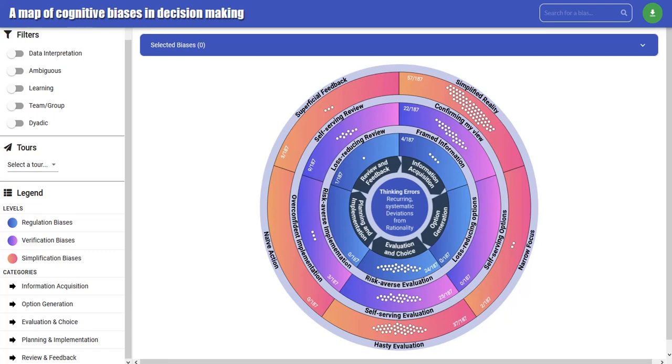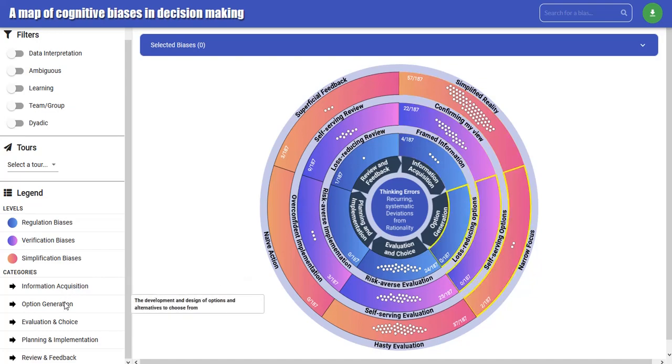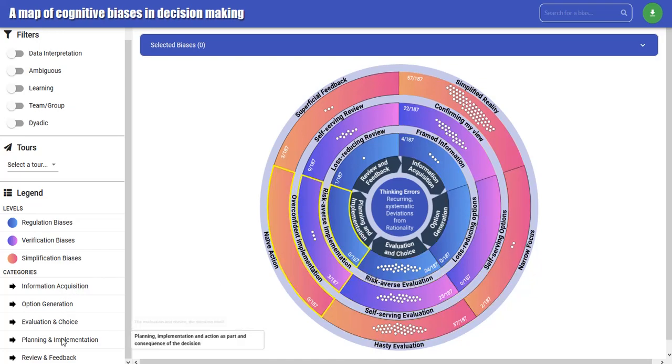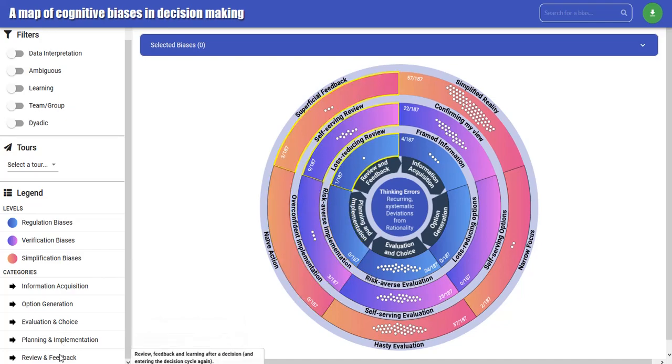We have used two main axes to classify 187 cognitive biases recognized in research. Axis number one focuses on the generic decision-making process, the 5 phases of a generic decision-making process, showing the when a specific bias may appear. You have information acquisition biases, option generation biases, evaluation and choice biases, planning and implementation biases, and review and feedback biases. As you can see, these categories are already highlighted when you mouse